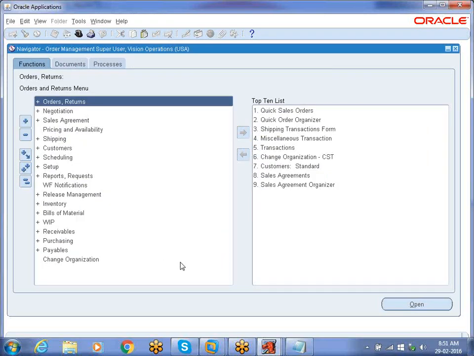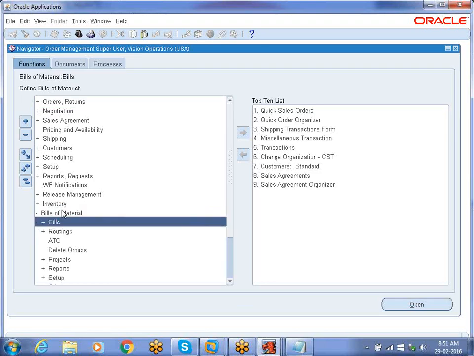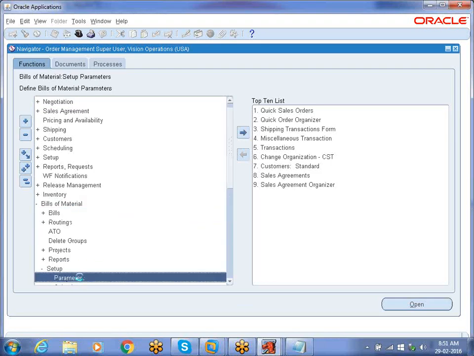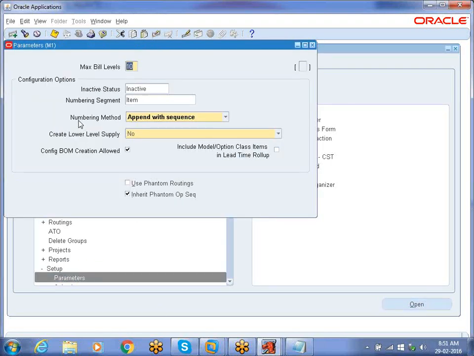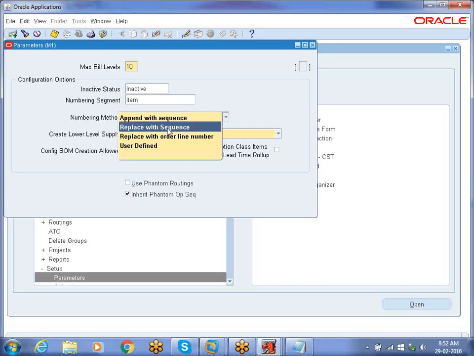This star item, how is it generated? There are BOM setup parameters. In BOM setup parameters, the numbering method is append with sequence. Based on this, it is generated. Append with sequence means the model item plus whatever running number is in the system. There is another one, right? Replace with sequence. Replace with sequence means